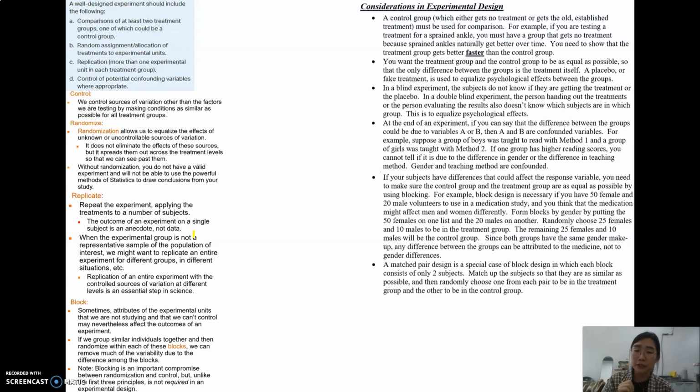So there are 4 parts to a well-designed experiment. First is control, second is randomize, and replicate, and then blocking. Blocking is optional, but those first 3 must be met in order for you to say that it's a well-designed experiment. So the control comes with having a control group,